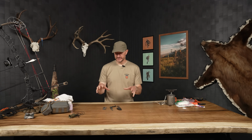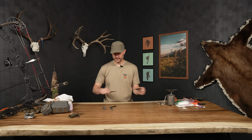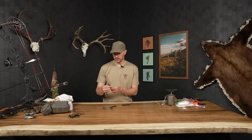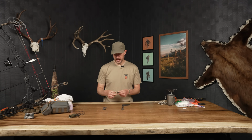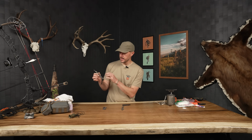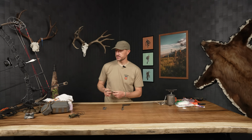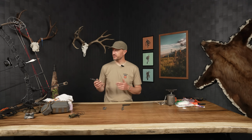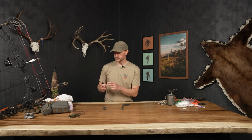All right, knives. This is all I pack for knives. I do pack 2 knives. I pack a fixed blade knife, so that's that little carbon tur, I believe they call it, from Goat Knives. And then the Capra from Goat, which is a replaceable blade knife. It does have these Allen keys that sit within the handle of it. So if I wanted to, I could pair those with the accessories on my bow that were most likely to fail, like a rest, and I could use the handle of this and one of those bits to fix it